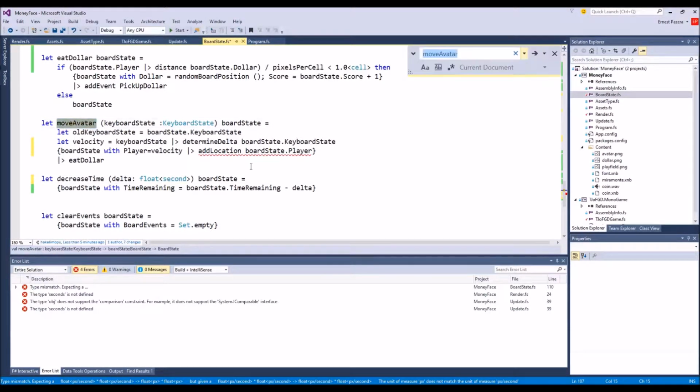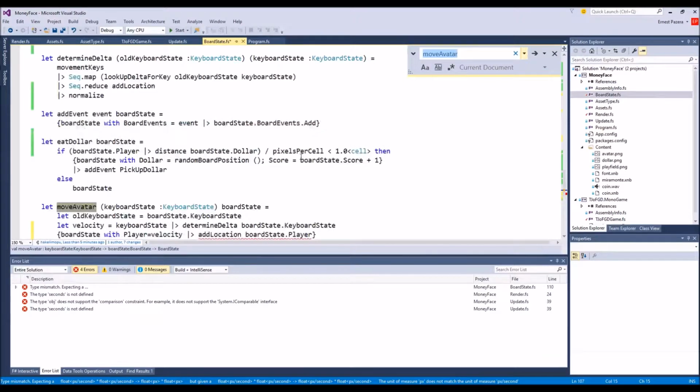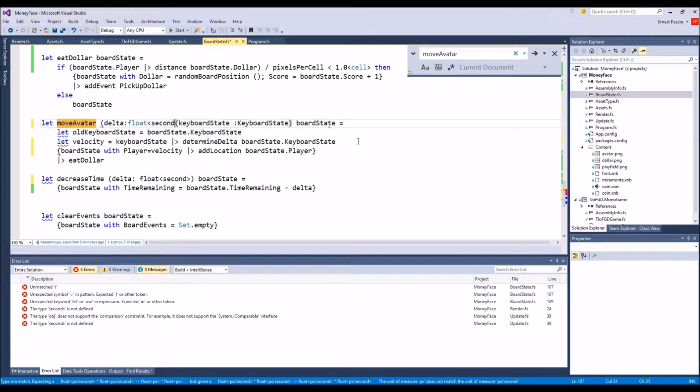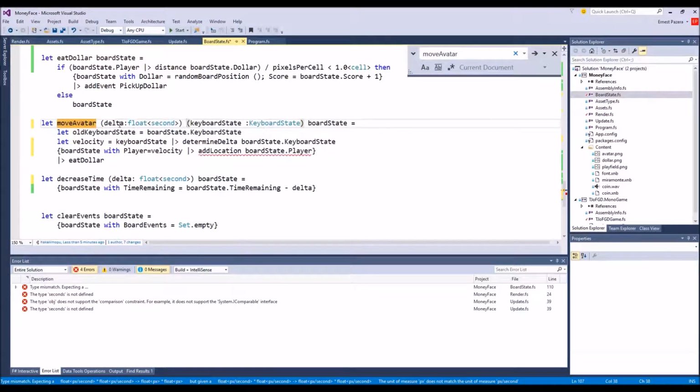So, where is move avatar used? There is a delta, which is a float second. We're currently not doing so. So it's velocity times the delta,